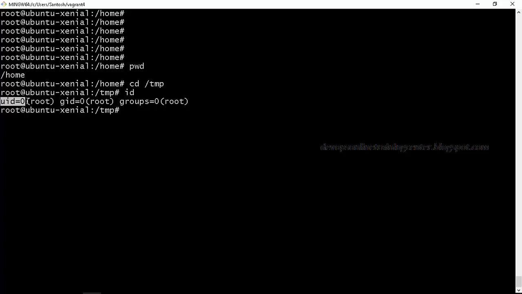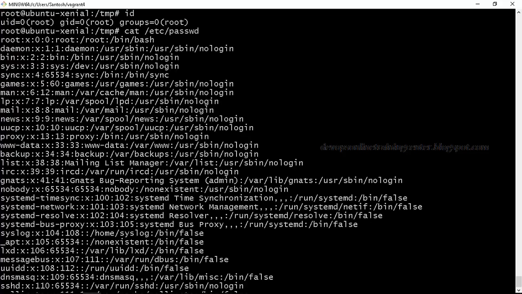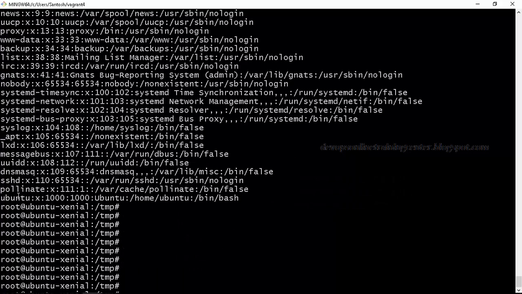Now I want to see all the users in the Linux machine. There is a file called /etc/passwd that contains information about all the users. If you open it, these are all the users which are already created by the system.